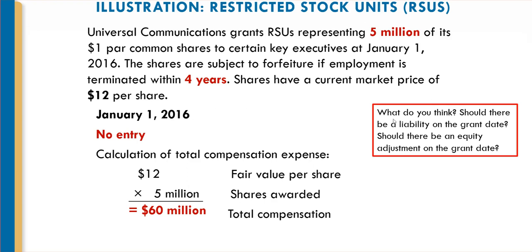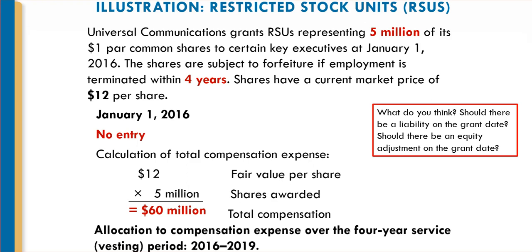And as I note over here, you're typically looking at this and saying, well, if you're granting something to someone and they have a claim against you, wouldn't you record it as a liability? It seems reasonable. But we are not paying them in cash. We are not paying them in service. We are paying them with stock. So you don't record it as a liability because you're paying with stock.